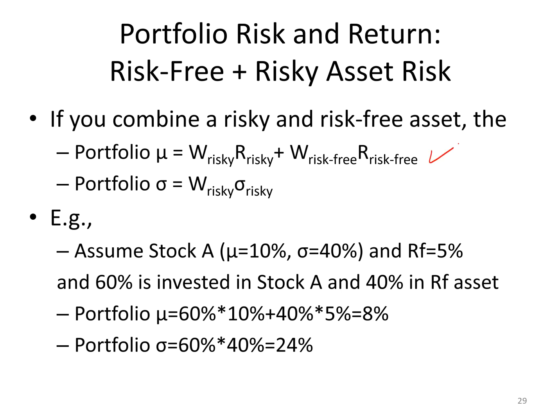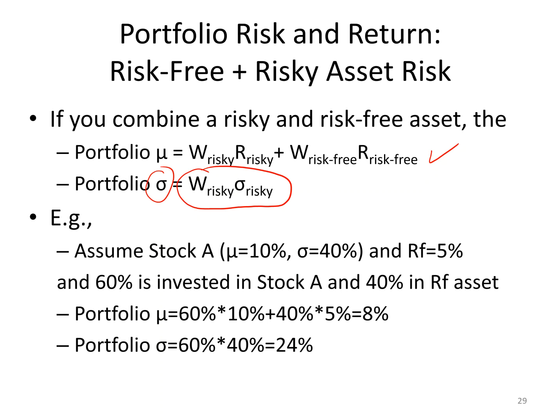The portfolio mean is simply going to be the weighted average, the weight in the risky times the expected return of the risky plus the weight in the risk-free times the expected return of the risk-free. However, the portfolio volatility is not that nasty formula, since the variance and standard deviation of one of the assets is 0. The standard deviation of that portfolio is simply the weight in the risky times the standard deviation of the risky.